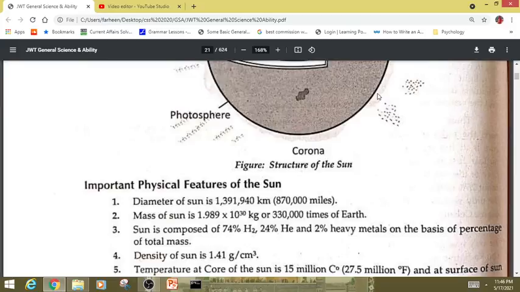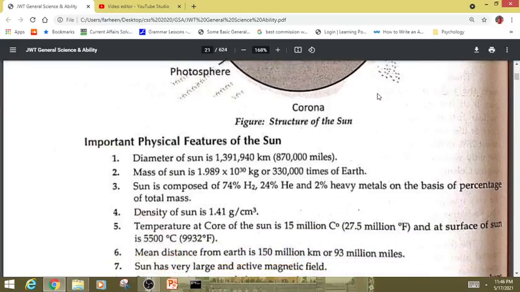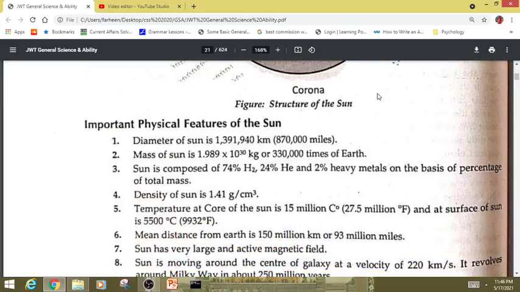Structure of the sun. Okay, important physical features of the sun: the diameter of the sun is 1391940 kilometers, which is 870,000 miles. The mass of the sun is 1.989 into 10 power 30 kilograms, or 330,000 times that of Earth. The sun is composed of 74% H2, 24% helium, and 2% heavy metals on the basis of percentage of total mass. Density of the sun